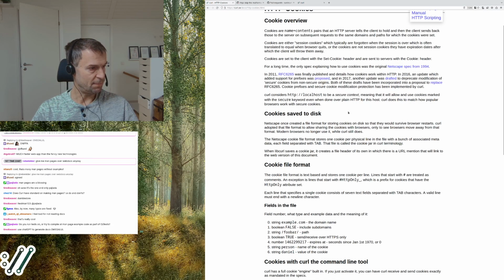So here is what I showed you before, when we talked about this HTTP only prefix that is available in the cookie jar. We merged a PR previously, and this is how it appears on the website. So this is the markdown converted to web for the cookie file format. So this is the thing we extended previously.